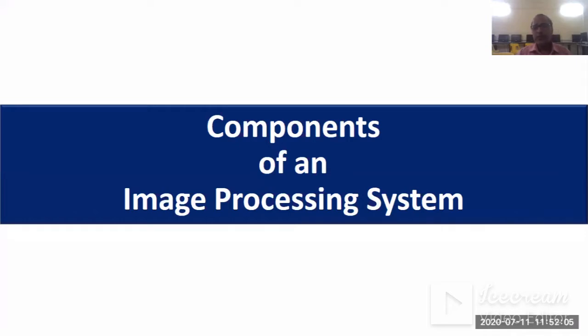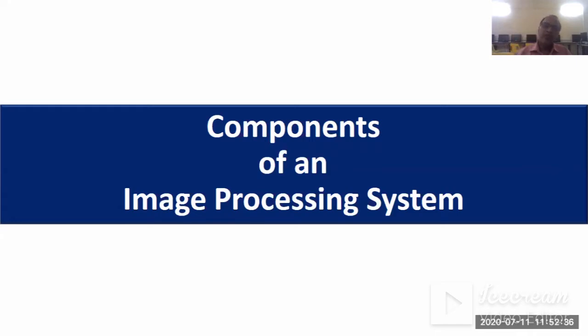Now the next point we have to discuss is what are the components which are required for an image processing application or image processing system. When you want to process the image, in the previous lecture we discussed the steps which can be carried out when we do image processing. But for that purpose, what type of instruments, what type of devices do we require? So in this lecture we will study these parts.